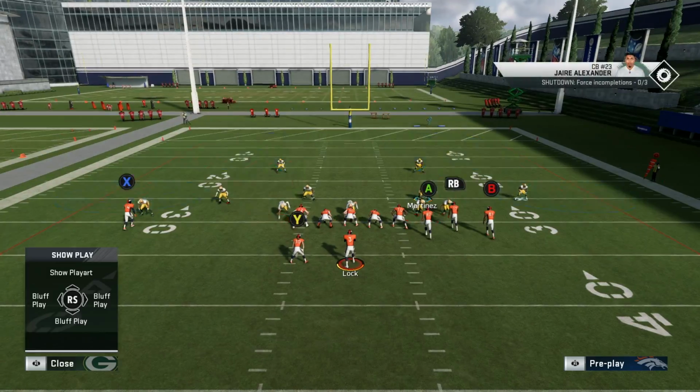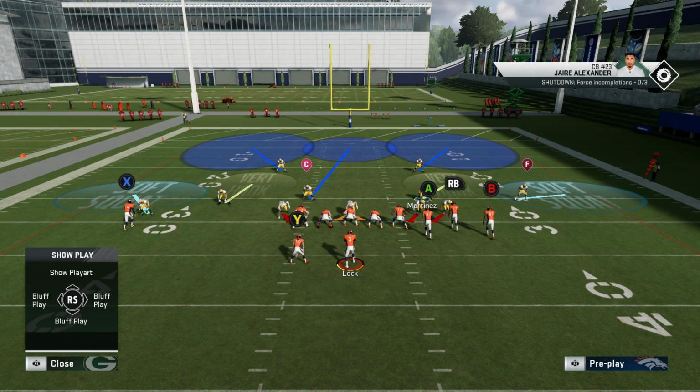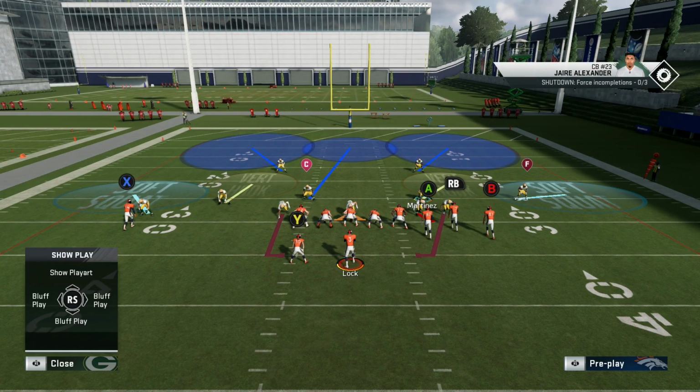So again, the adjustment that I kind of like to do is just put Y in a vert hook. I can just put X in a middle third now. This is like the basic adjustment. I will go over some better coverage adjustments later in the video, some more super advanced stuff. So if you're sort of a beginner, this is pretty much the basic setup I would run,